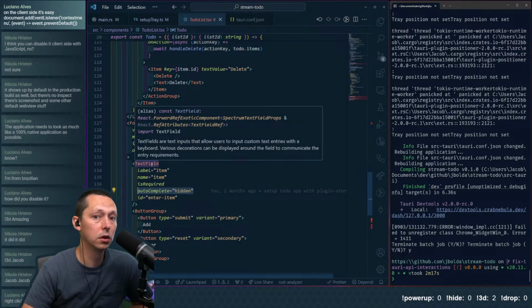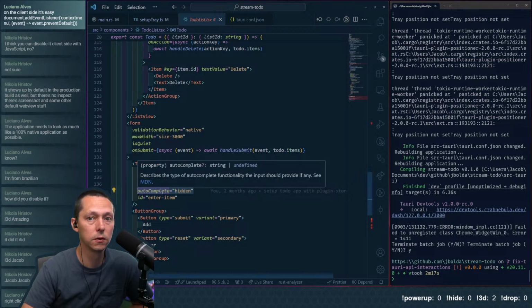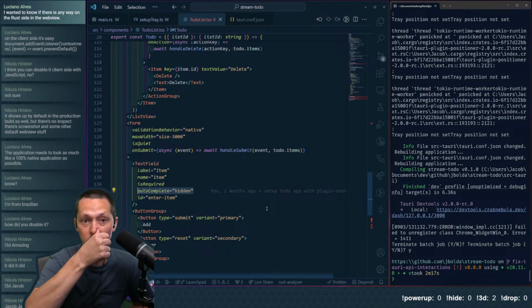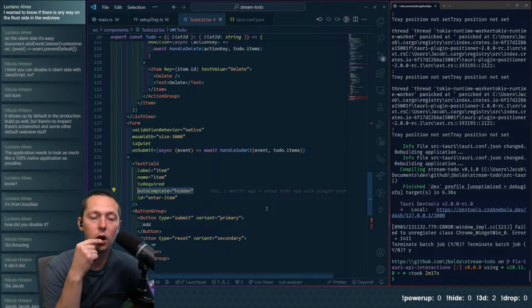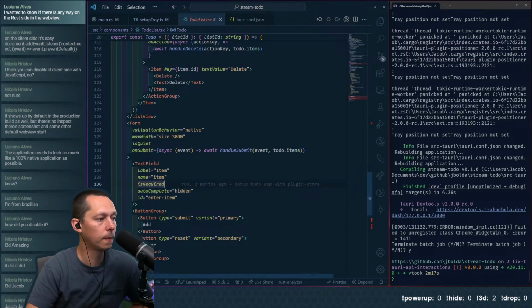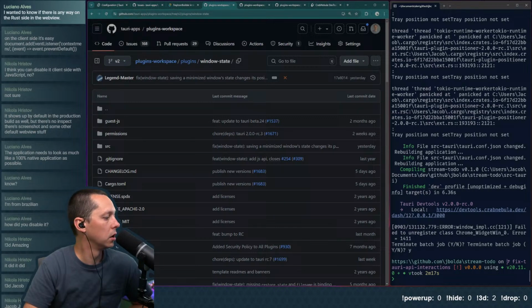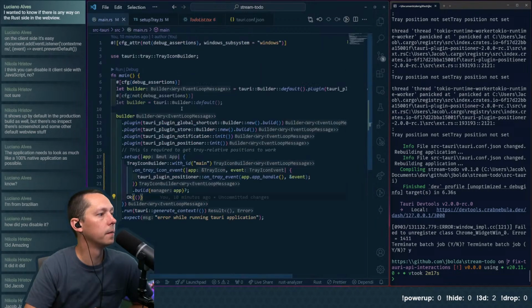Now, it could very well be an issue with this. On the client side, it's easy. Add document add event listener context menu. But does that turn it off, or does that prevent interactions, or does it actually prevent it from opening too? Honestly, for my use cases, I would be okay with dumping that in the JavaScript side of things. But I do understand the interest in